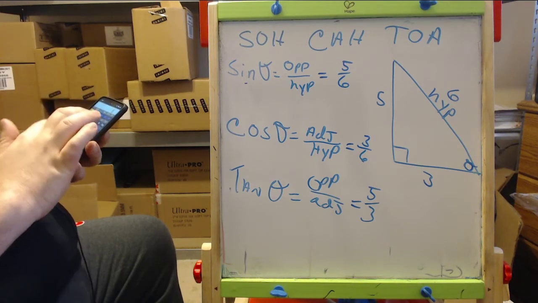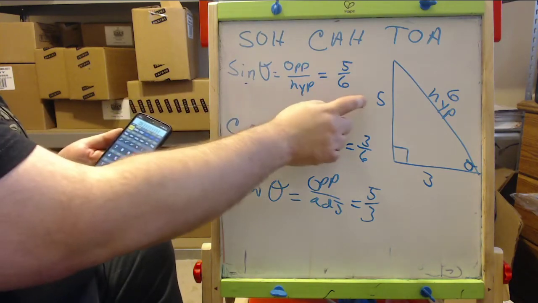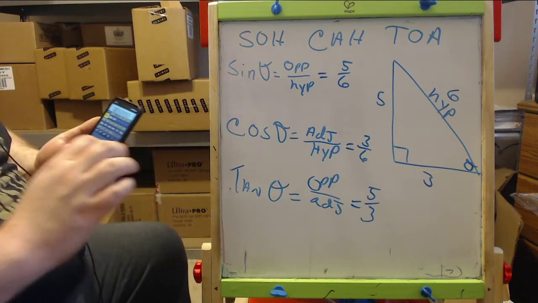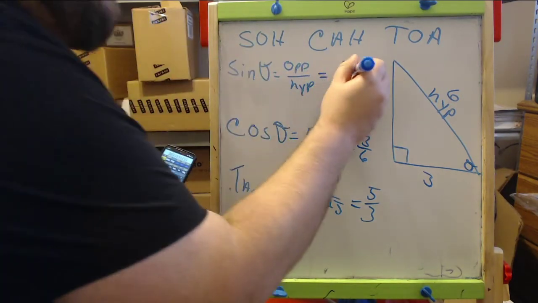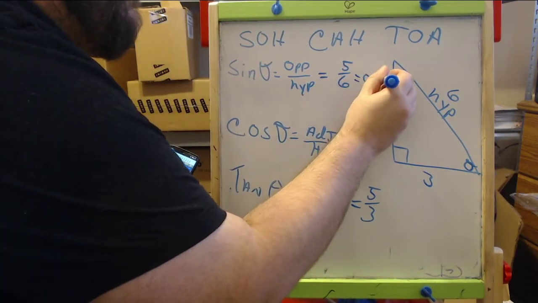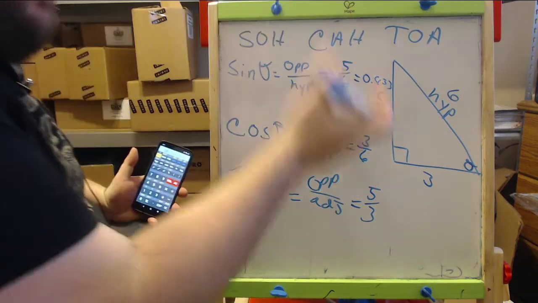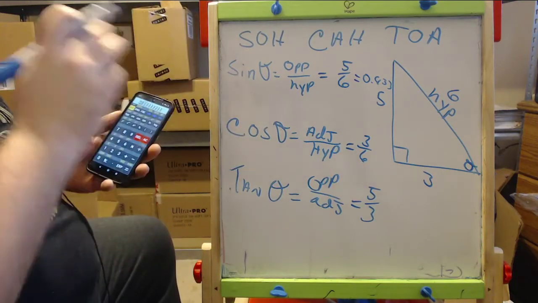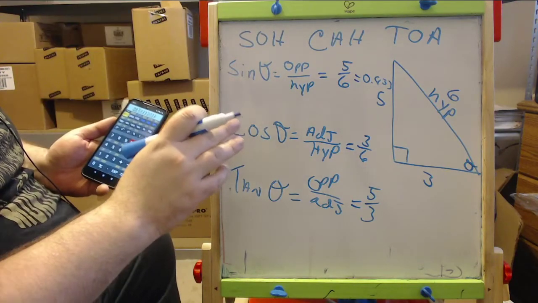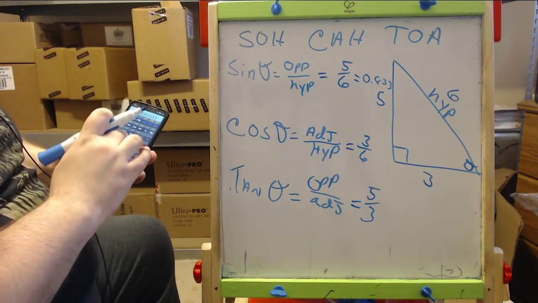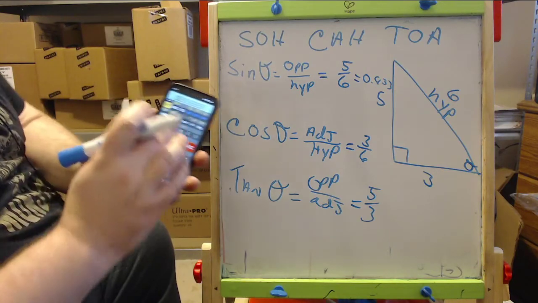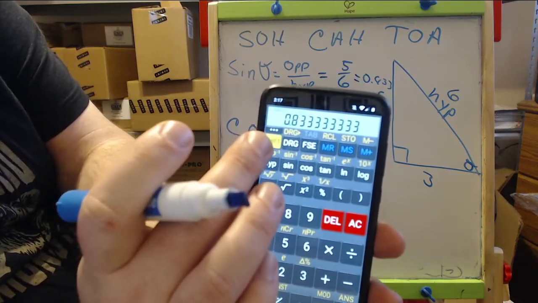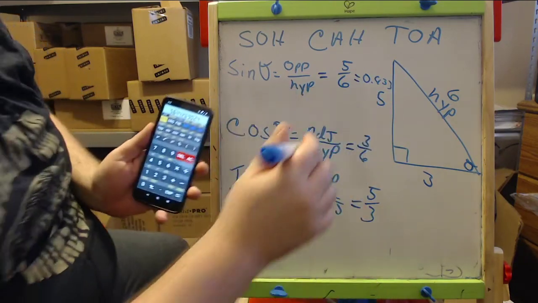So 5 divided by 6 is what we would do. We get 0.833. Now we have to solve for the angle. If this was a real triangle with real numbers, these would all equal the same thing, but I made it up, so I'm just showing you how to do the math. 5 divided by 6 is 0.833. Then, to solve for the angle, you hit your second button or shift, and then the sine button. So the angle ends up being